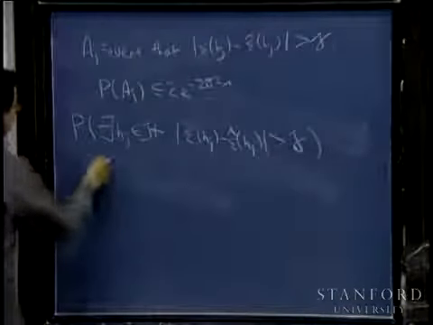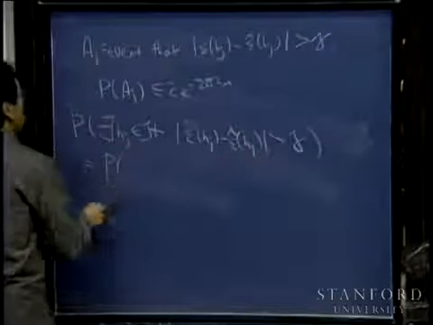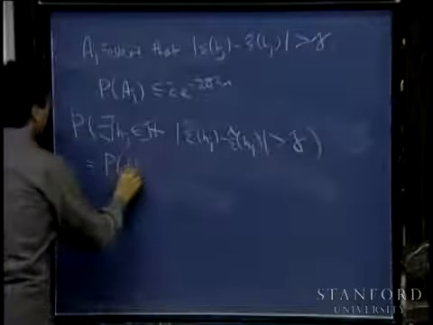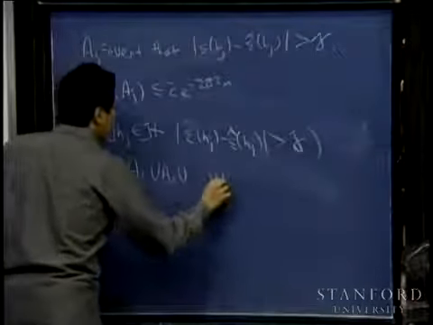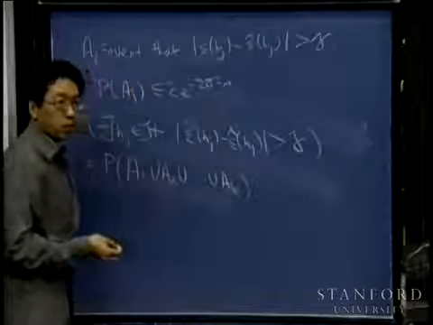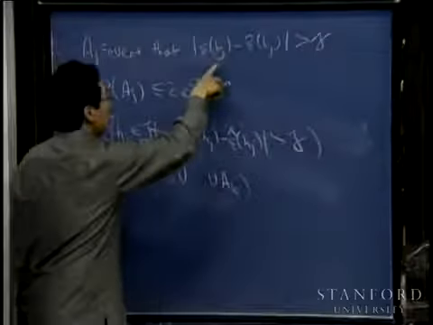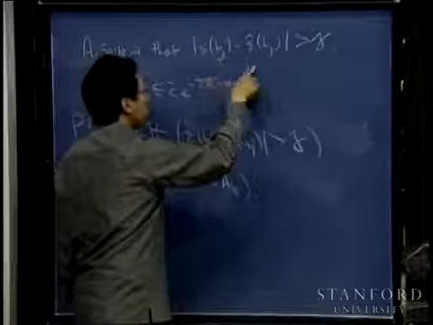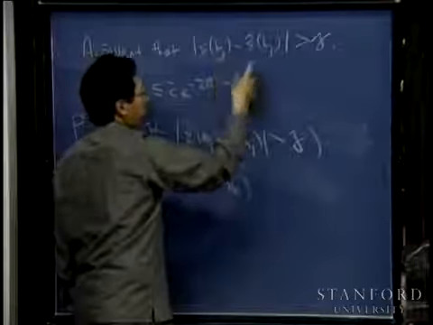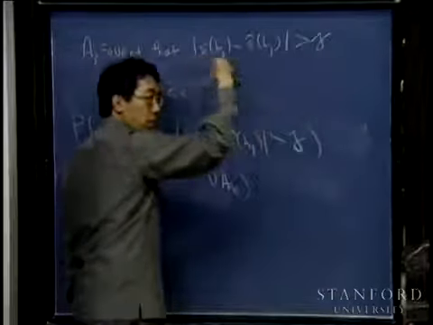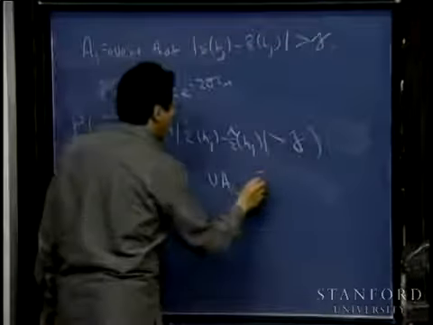So this is really just the probability that there exists a hypothesis for which this holds. This is really the probability that A1 or A2 or up to AK holds. So the chance that there exists a hypothesis is just the probability that for hypothesis 1, I make a large error in estimating the generalization error, or for hypothesis 2, I make a large error in estimating generalization error, and so on. And so by the union bound, this is less than or equal to